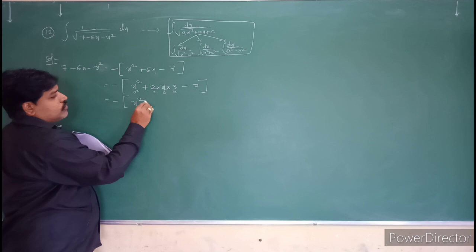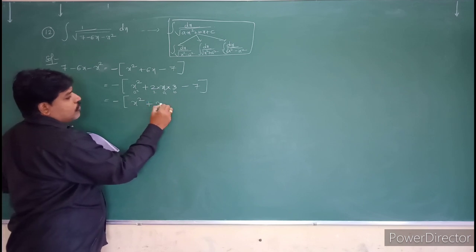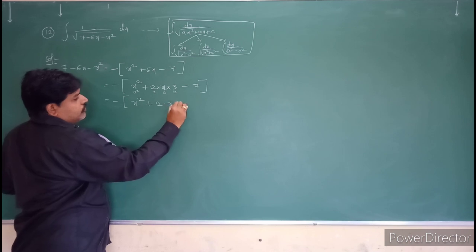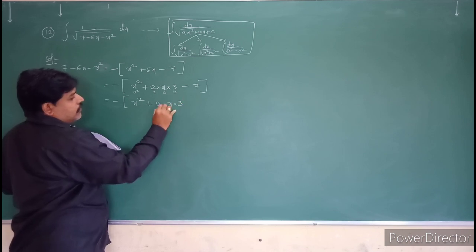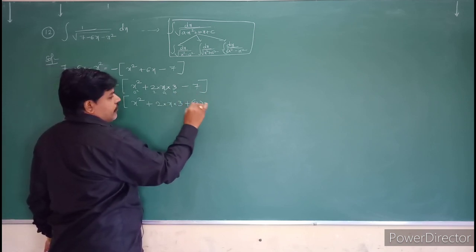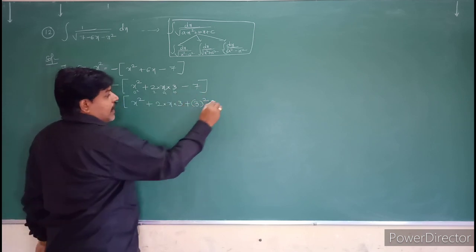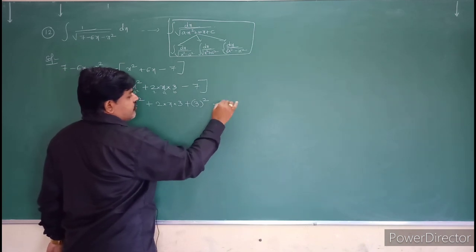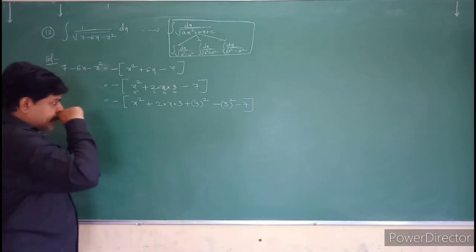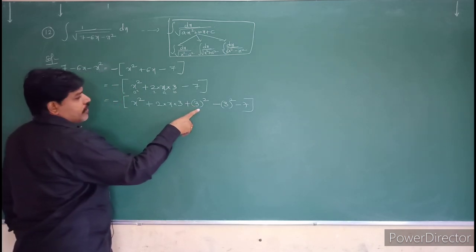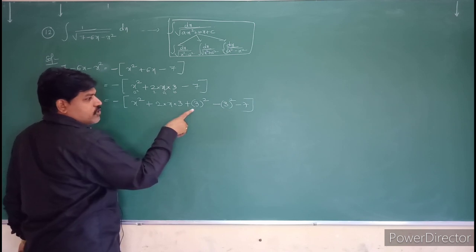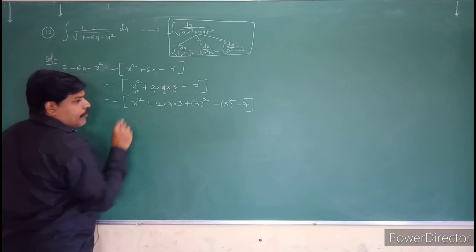So that's why what I will do is, x square plus 2 into x into 3 plus I will add the b square value. B square is nothing but the 3 square. I will subtract the term minus 3 square minus 7. So see the steps once again. I added b square. So if you add, you have to delete that also. So plus 3 square minus 3 square. So why did I do like this?